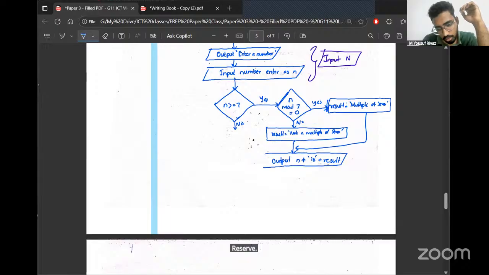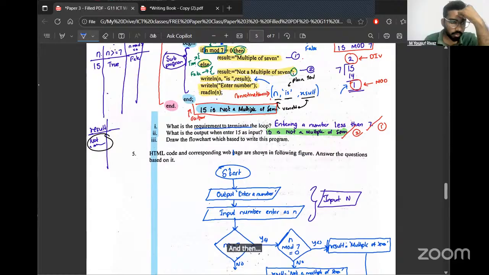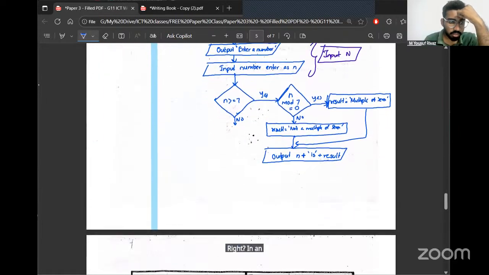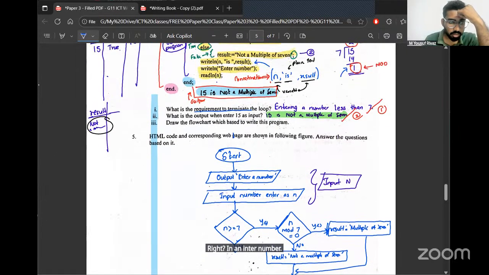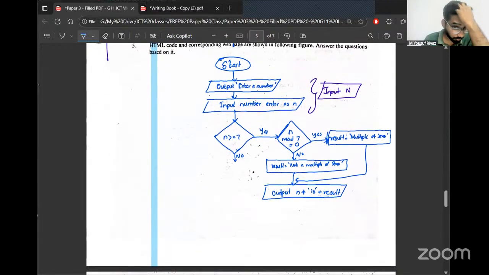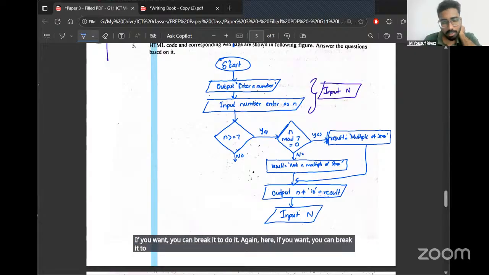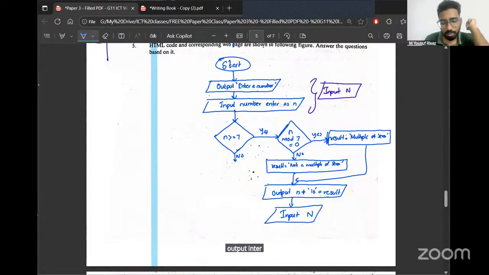And then writeln enter number. Basically you can directly mention input number, input n. If you want, you can break it into different statements: output enter number, then input number as well. Or let me make it exactly the question.